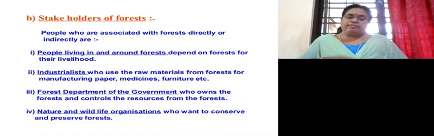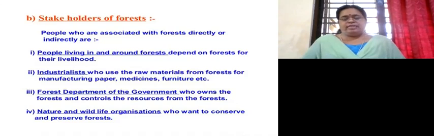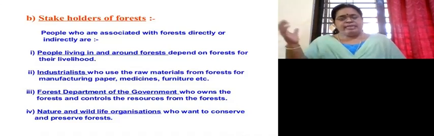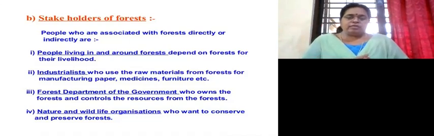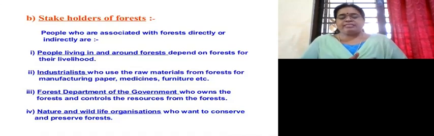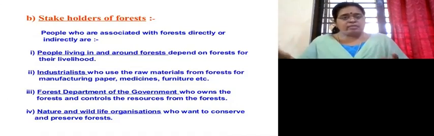The people who are living in that area of the forest, they are the worst hit if something happens to a forest. Let us take a forest fire. Suddenly a forest fire comes. The fire is completely damaging the forest. Naturally, all the trees and all the vegetation that was there is completely burnt away. Do you think the industrialist is going to be worried about that much? No, because if not this forest, he can coolly go and get his things from another forest.